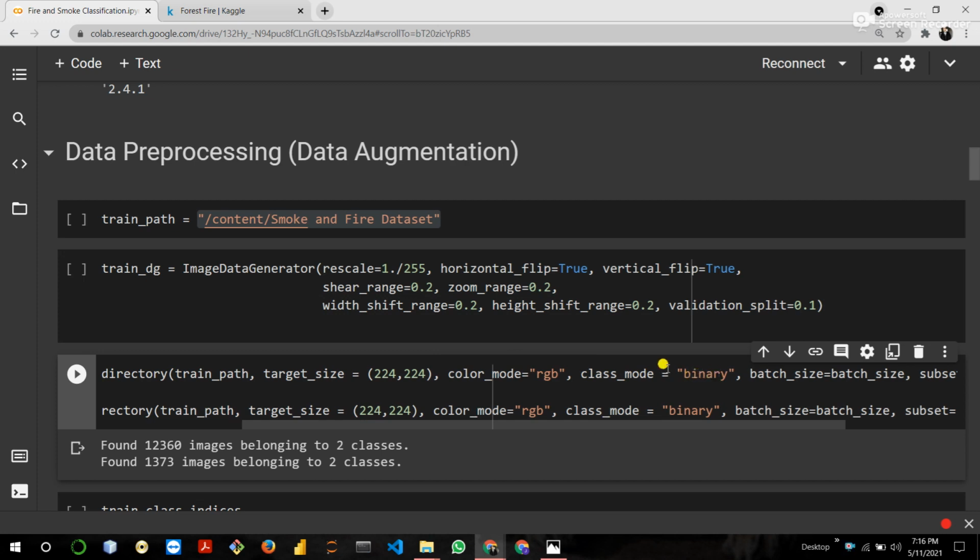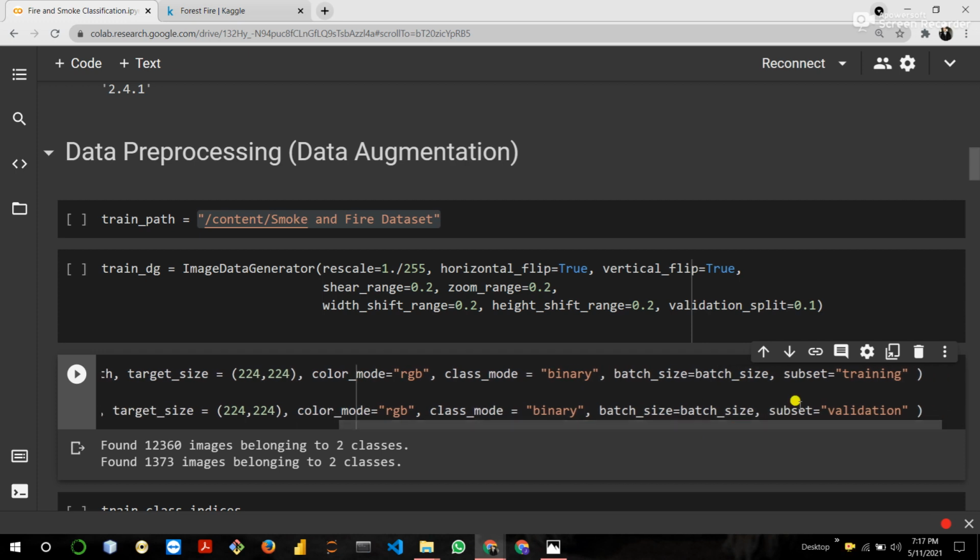Class mode is binary because this is a binary classification problem which gives fire or smoke, 0 or 1. Then the subset is equal to training, and the subset is equal to validation.